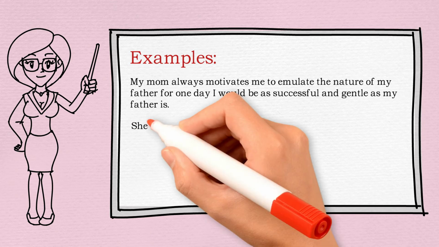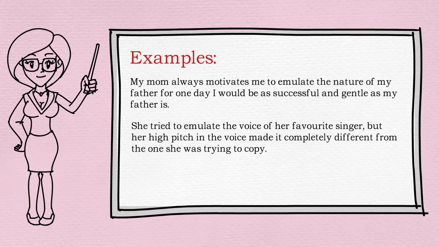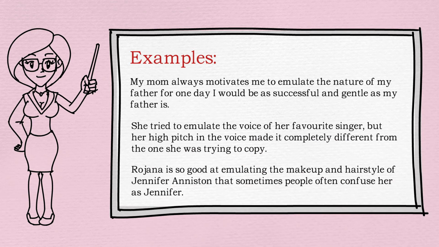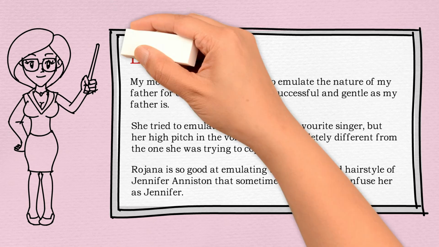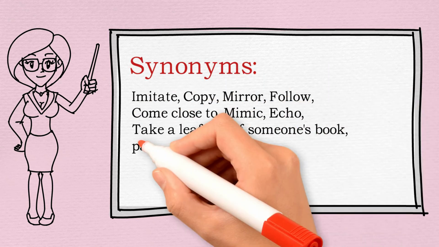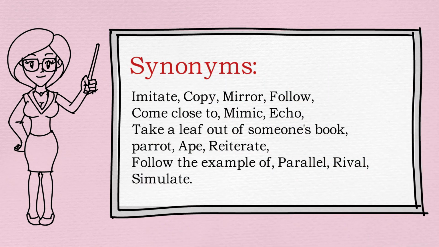Example 2. She tried to emulate the voice of her favorite singer, but her high pitch in the voice made it completely different from the one she was trying to copy. Example 3. Rosanna is so good at emulating the makeup and hairstyle of Jennifer Aniston that sometimes people often confuse her as Jennifer. Some of the terms referring to similar meaning to the word emulate are imitate, copy, mirror, follow,